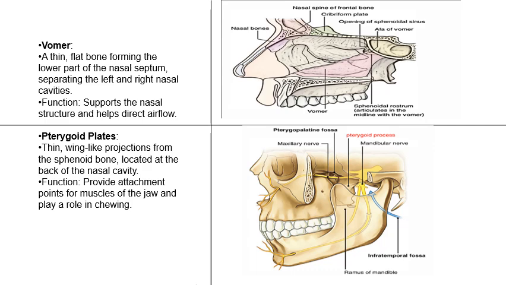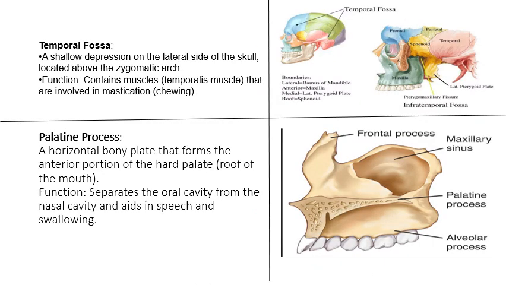Pterygoid plates. This is also very thin. It is a wing-like projection extending from the sphenoid bone. They usually provide the attachment point for muscles involved in chewing, and you can also say this makes them vital for mastication. Next,